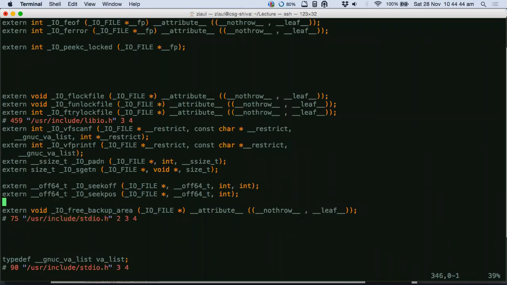Then I spoke about the compilation from the linking perspective also, right? At the very end, when you are done with your object code generation, then you have to link all the object files. So this is what happens.